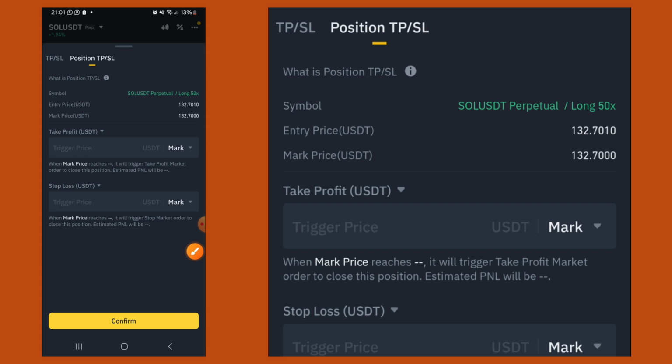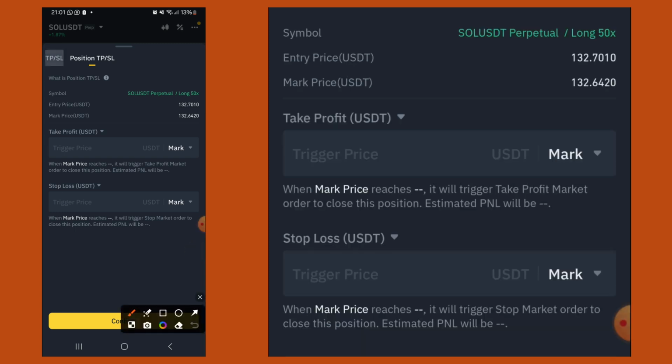Now I know Solana, I have analyzed Solana. You need to be knowing the price of the coin, but even if you don't know, just get this figure. If you're somebody who fears to risk your money, divide this. You used to divide this by 2, but divide this figure by 3. When you divide this figure by 3, the value that you get, enter it right here. So if you divided this by 3, I think that will be around